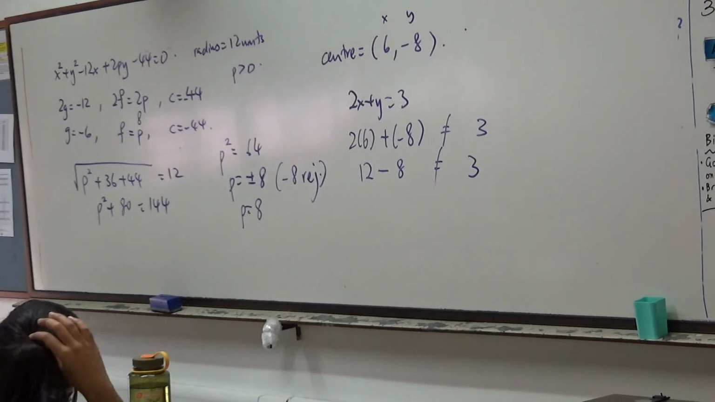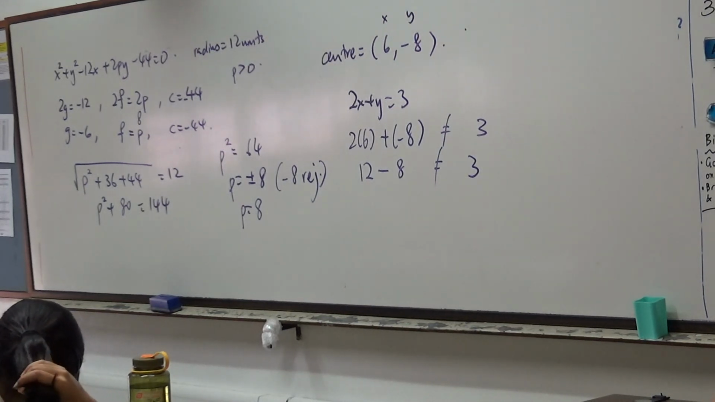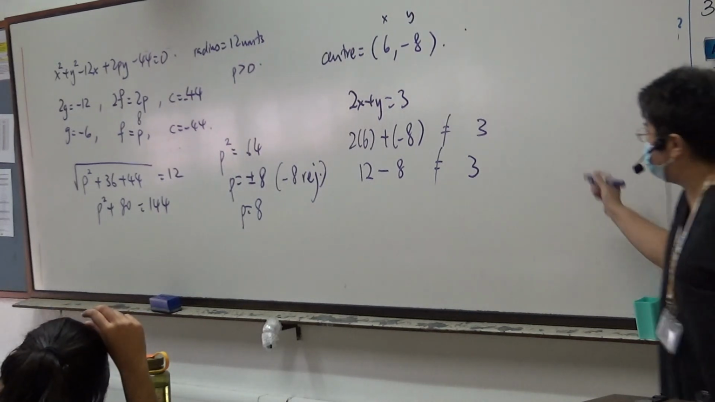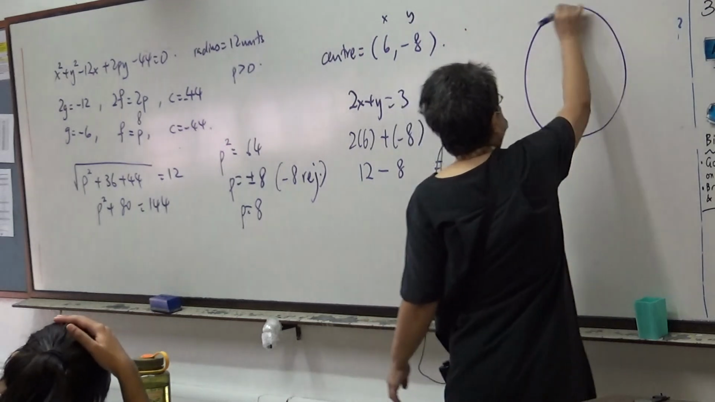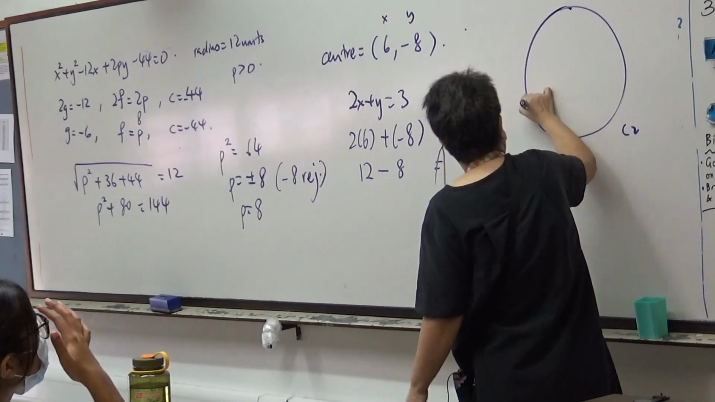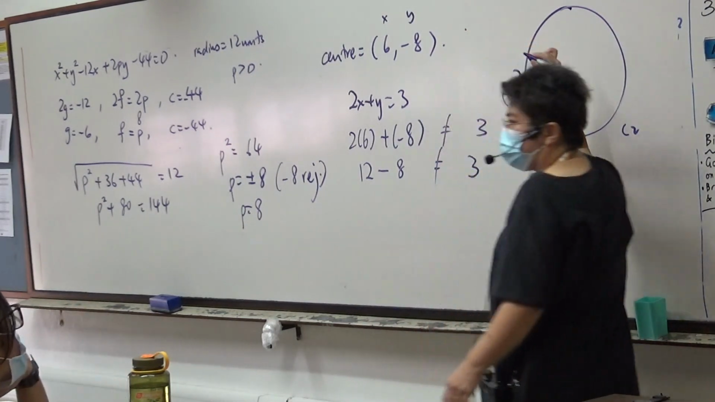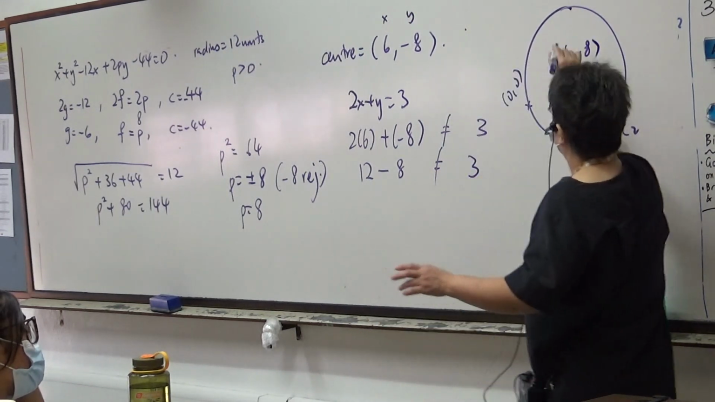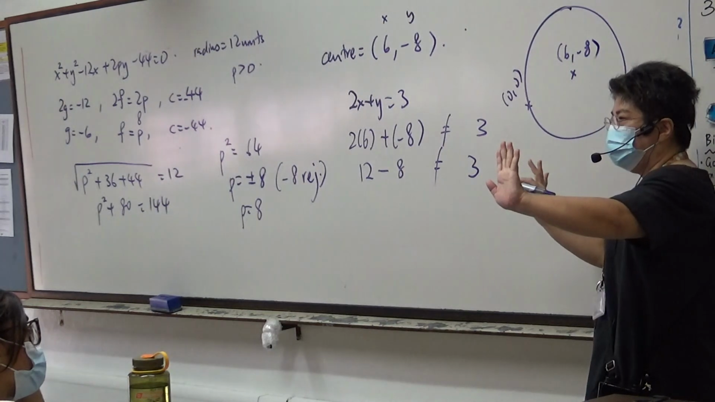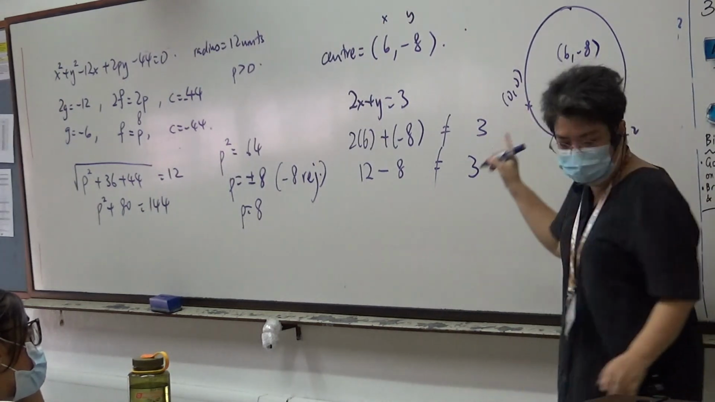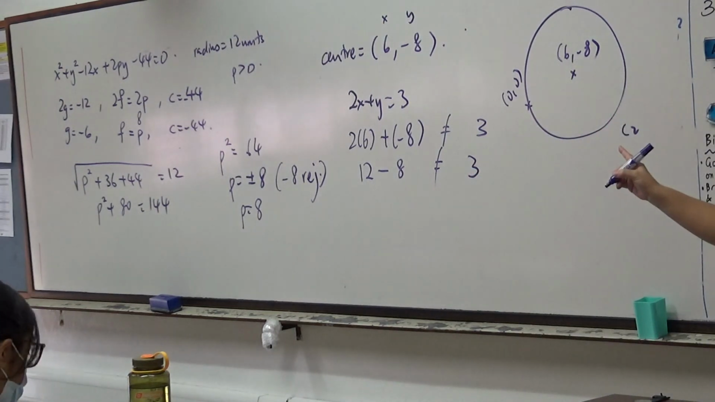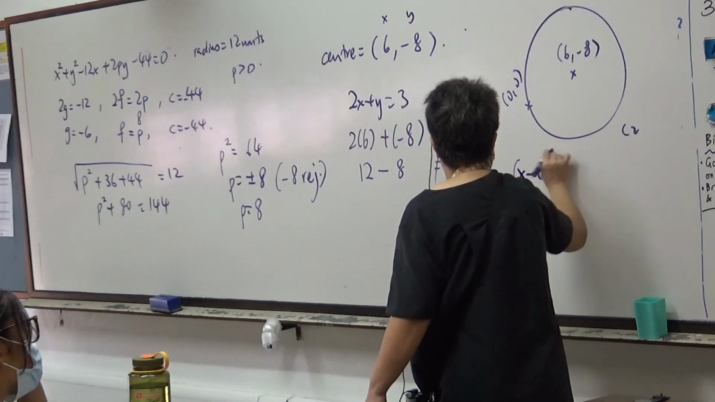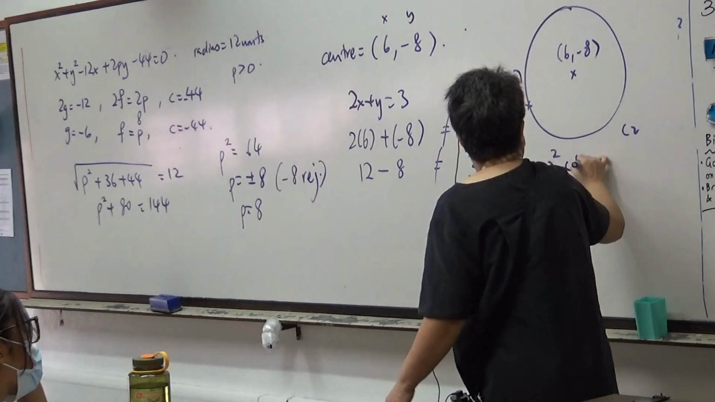Okay? Another circle, C2, passes through the origin and has the same center as C1. Now, that means I have another circle called C2. It passes through the origin, 0, 0, and the center is the same, 6, negative 8. I told you it doesn't matter if the orientation is wrong, it's fine. Okay, what is the equation of this C2, right? Correct? So the equation will be x minus 6 squared plus y